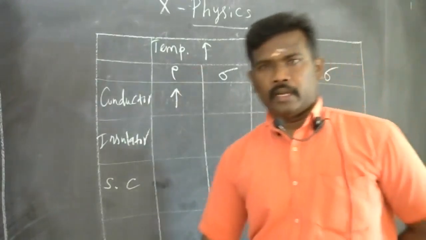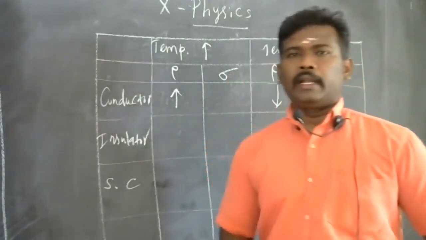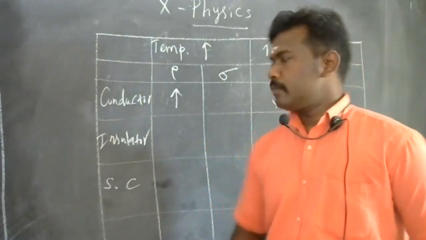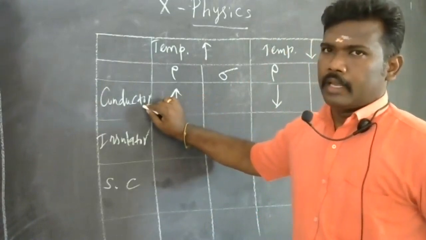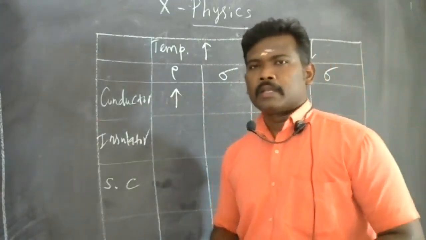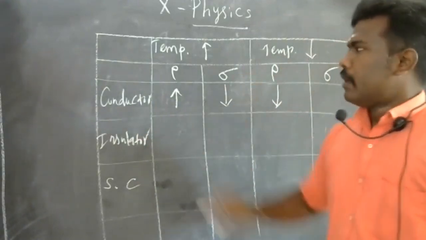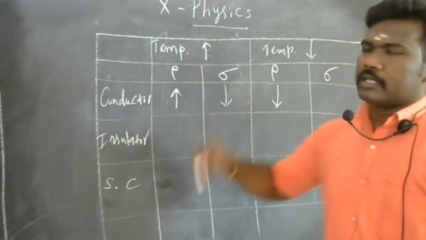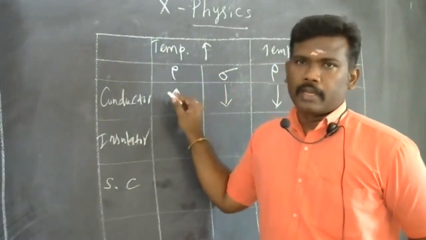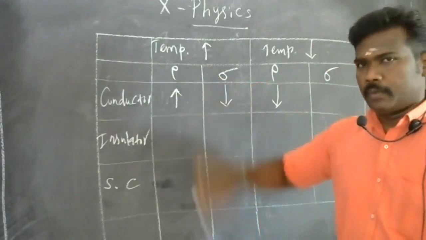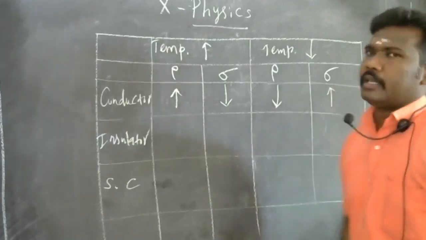This is with respect to the resistivity. Resistivity is a character, or a behavior of the material, to block the electric current passing through the circuit. So when resistivity increases, the conducting capacity of the material for electric current decreases. So the conductivity reduces. Resistivity and conductivity are reciprocal to each other. Resistivity is the reciprocal of the conductivity, and conductivity is the reciprocal of the resistivity. So here resistivity reduces, so conductivity increases.